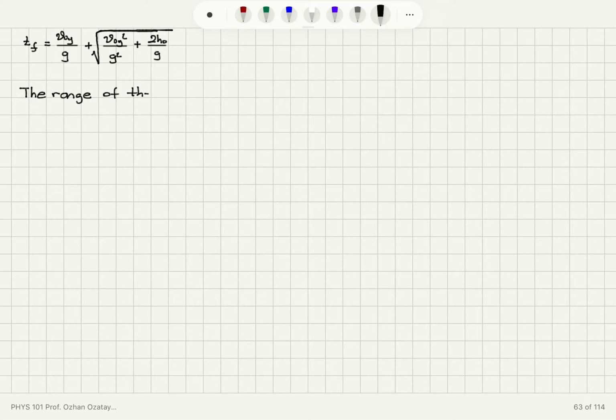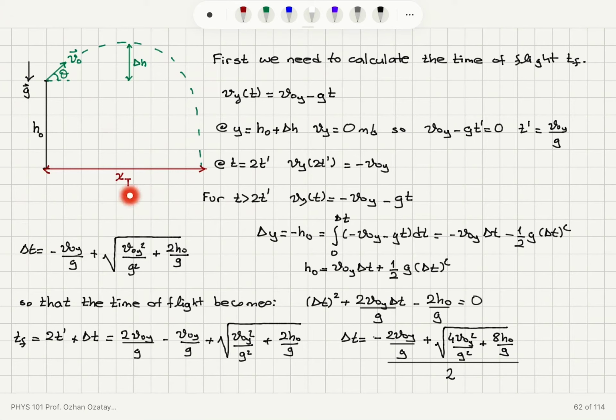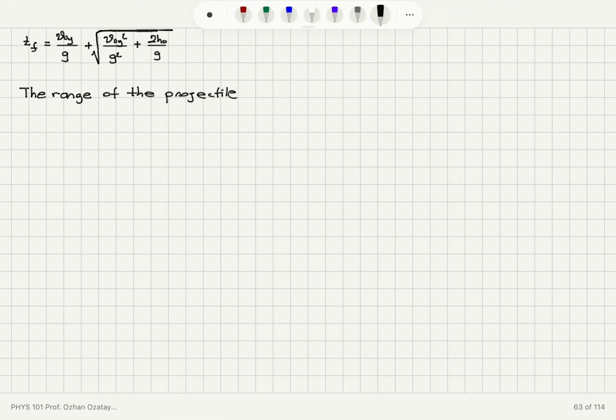The range of the projectile is what I call, in my figure here you can see, x sub t, x total, the displacement on the x-axis. This is the x component of the initial velocity times the time of flight, because the x component doesn't change in time, there is no acceleration on the x-axis. So for it to land at the front of the ship,